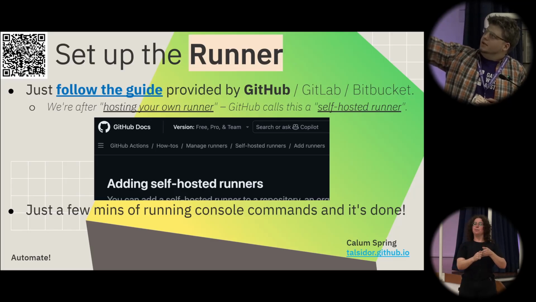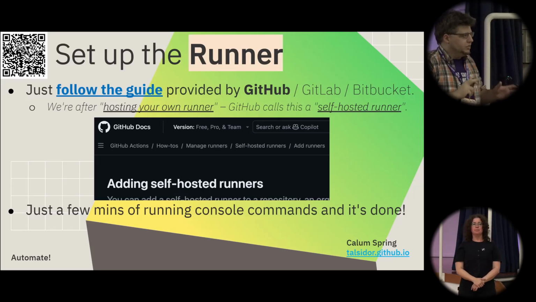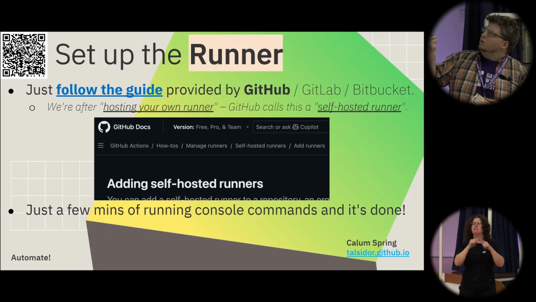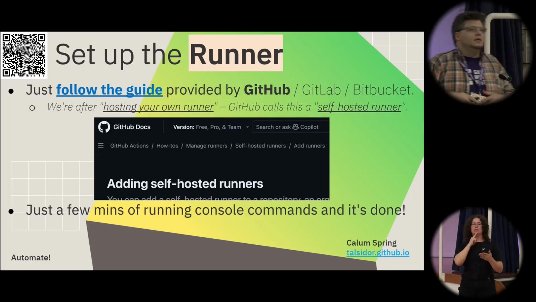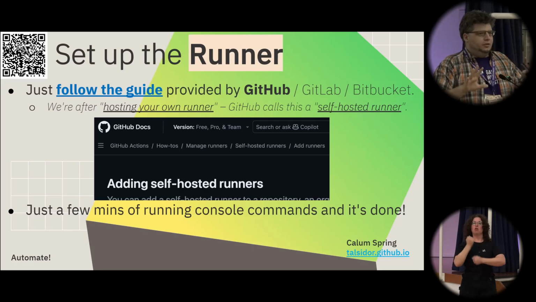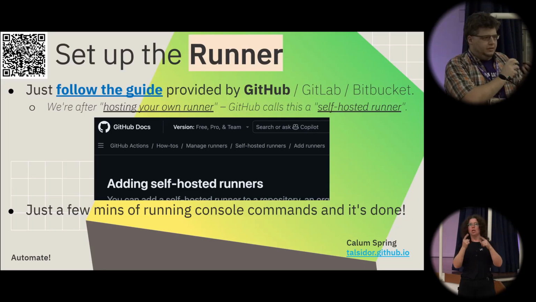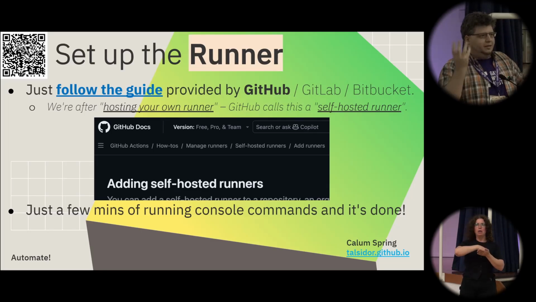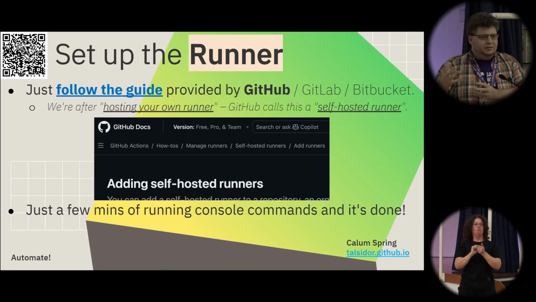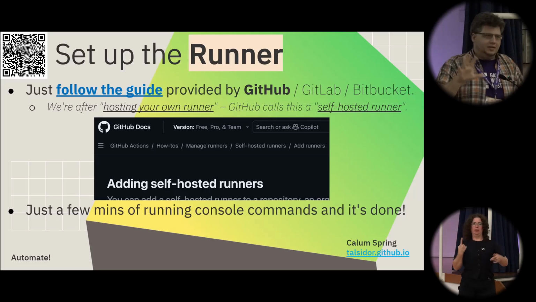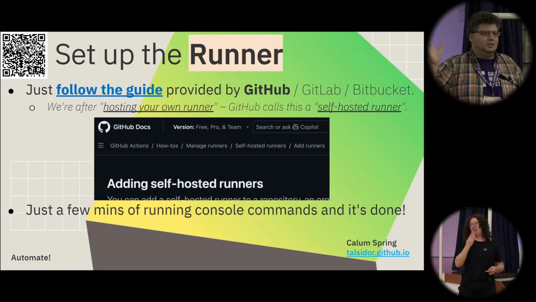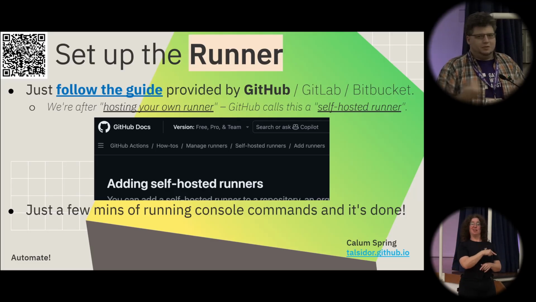That's what the page looks like. That's a hot link to it. You want to look for, it might be called something slightly different in each of them, but GitHub calls them self-hosted runners. That's you basically saying, I know that you have your virtualized instances in the cloud that are either really small and basic and not great for games, or I can pay you money for your bigger ones. No, thank you. I have a spare computer. I'm going to use that instead. And that's how you get away with not paying a cent for it.